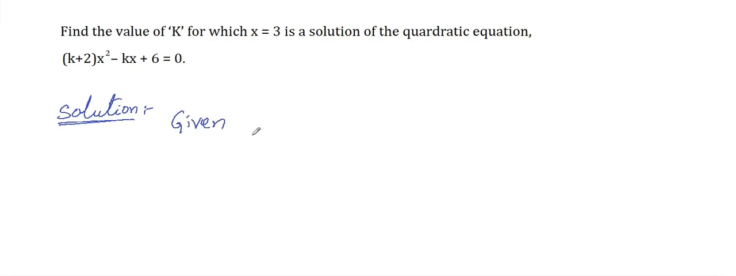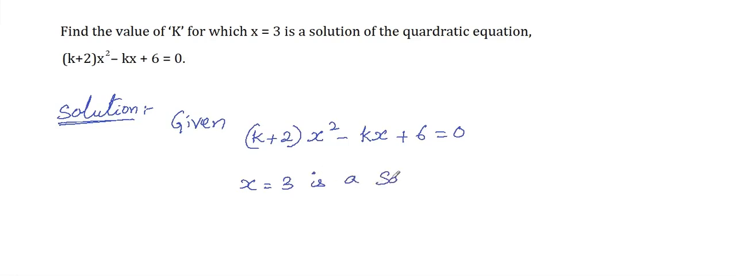So write down the given quadratic equation, which is (k + 2)x² − kx + 6 = 0. Given x equals 3 is a solution of the quadratic equation. So if x equals 3 is a solution, then we need to substitute x equals 3 into the given quadratic equation and find the